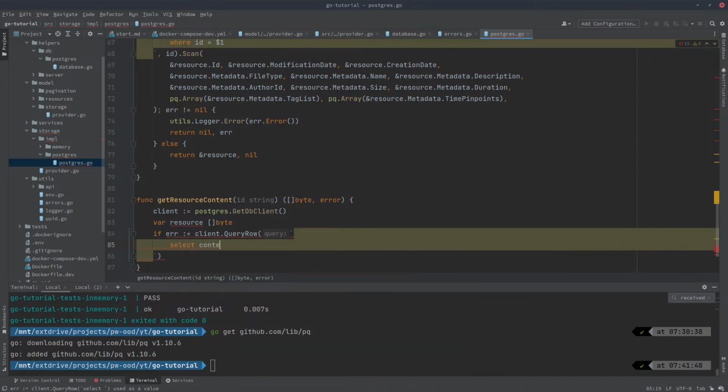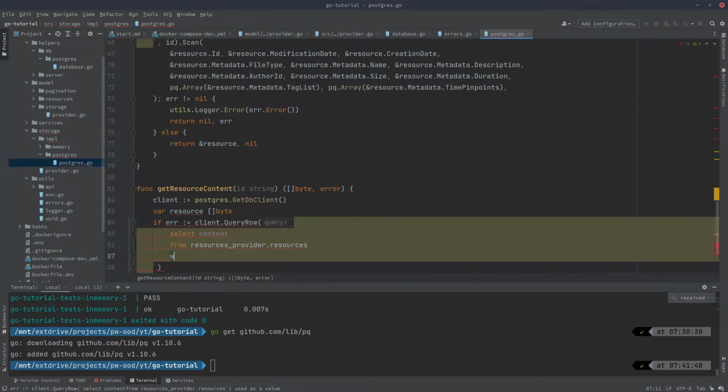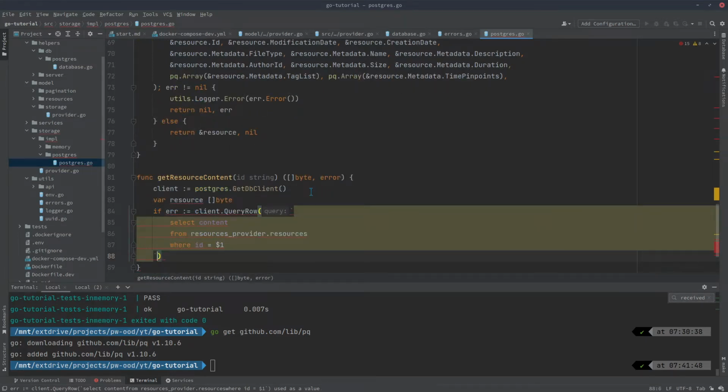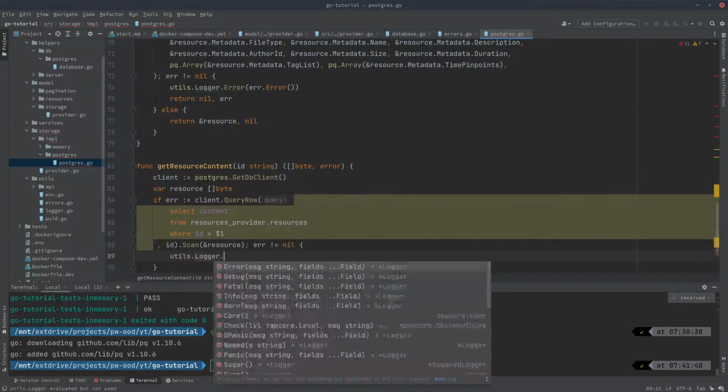So we want to select content from resources provider resources, where ID is the first query parameter, and here we will pass that ID, and we will scan it to get the resource content. And if we catch some error, then just as before, we will log it